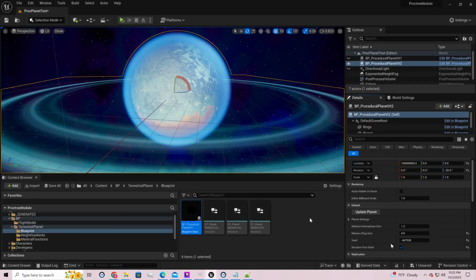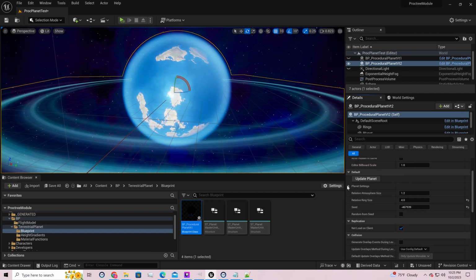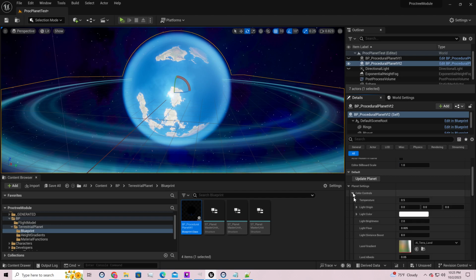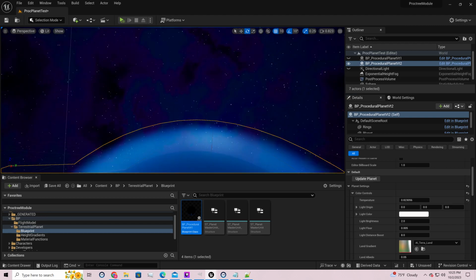So for instance, if I go back to where it's actually controlled, and I go to my planet settings, for stuff like this where you could just have it make you color gradients, it's real sick. So you can see the landscape right now, right? If I go hotter, it gets greener. It's kind of hard to see because we're far away, but